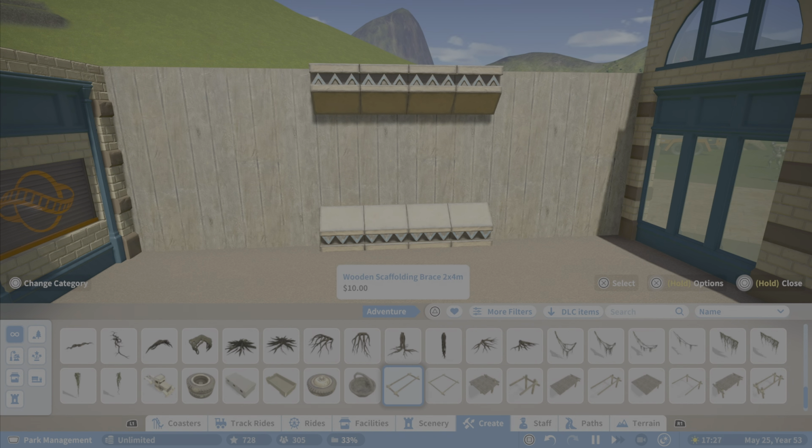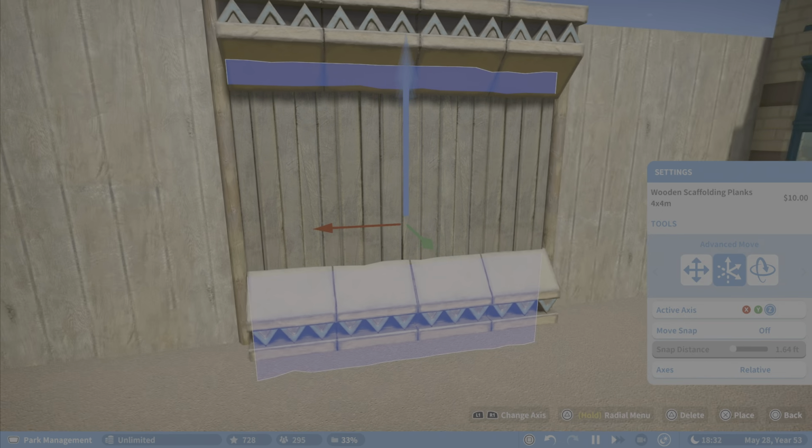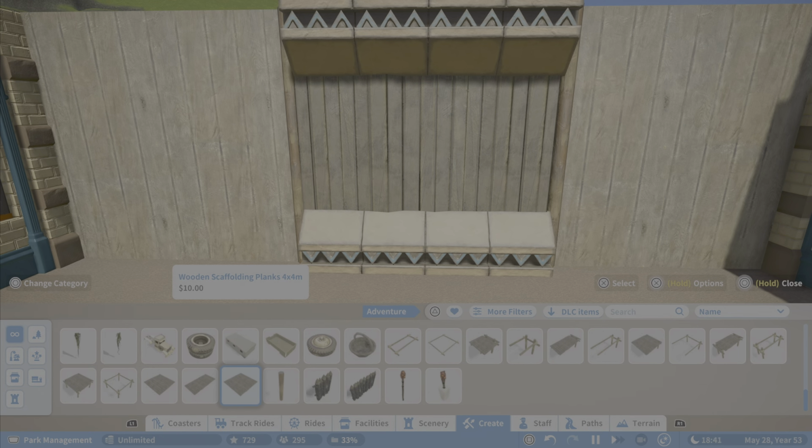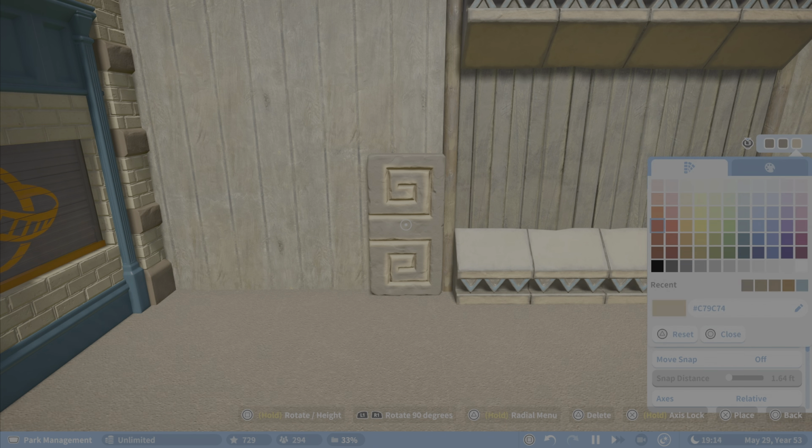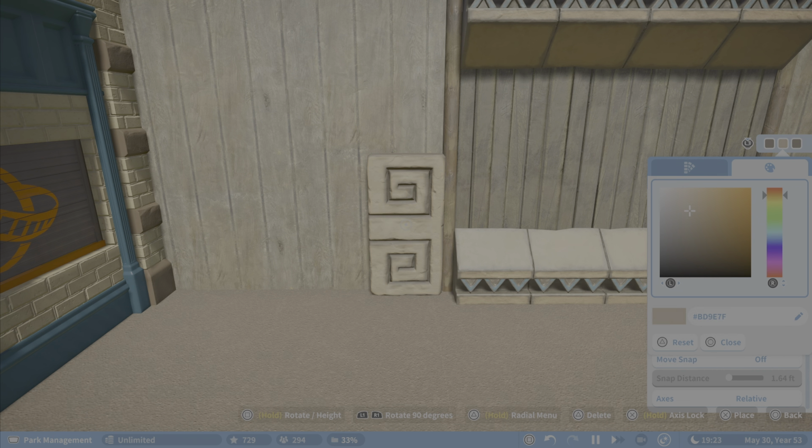I actually didn't really have a theme in mind before I was doing it. I kind of just was making it, and then when I got to this part and I kind of liked the temple pieces, I realized that I want to do maybe some kind of temple theme in the Tropical Storm ride. So I'll probably end up doing some kind of temple area and stuff like that, because